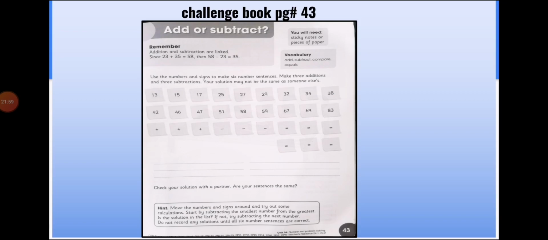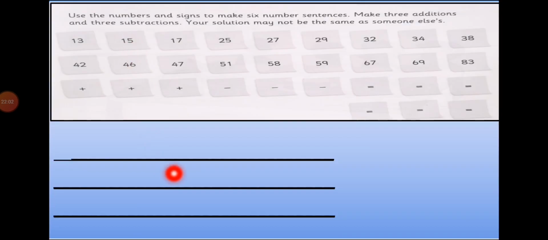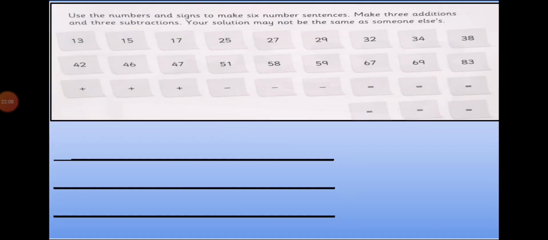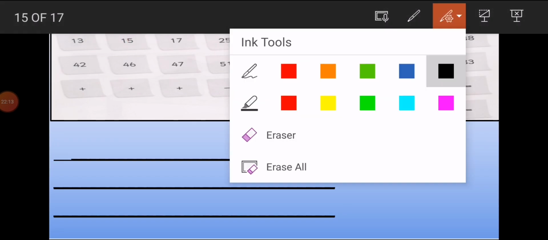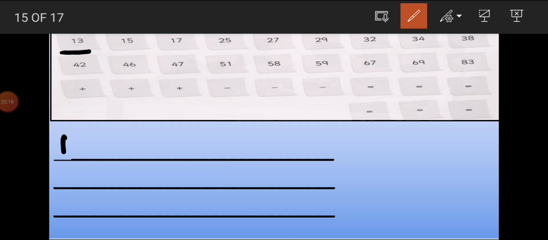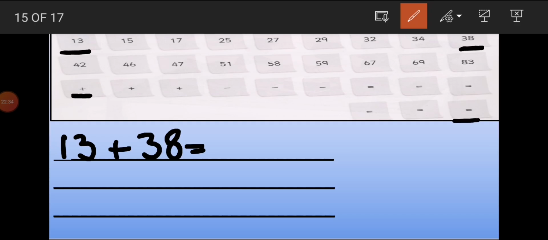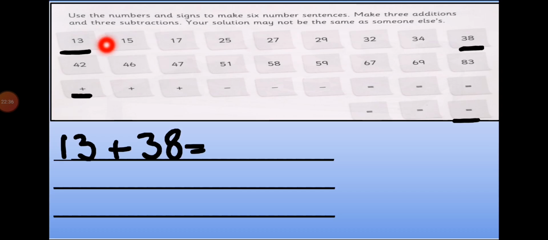So first, I make a separate slide here. First I make 3 addition sentences, then I will make 3 subtraction ones. Now first I will choose from this number list. I am choosing 13. Now I am choosing the addition sign from here. Now I am choosing the next number, from the last number, 38. Is equal to, now I will write my answer. I will choose my is equal to also from here. Done. Now I choose 4 things here: 13, then addition sign, then 38, then is equal to sign.